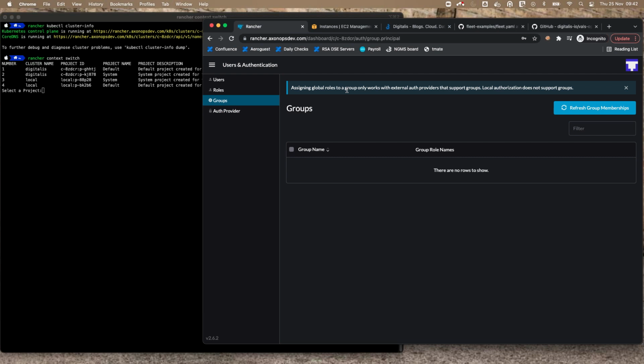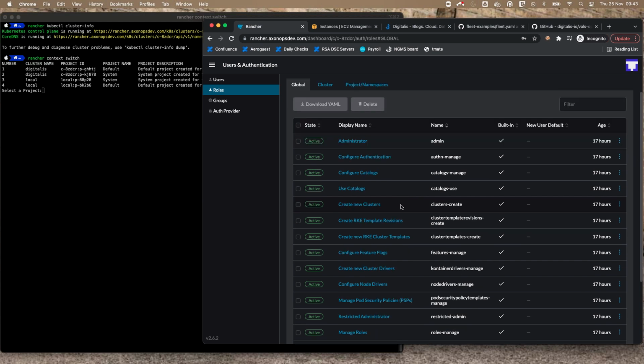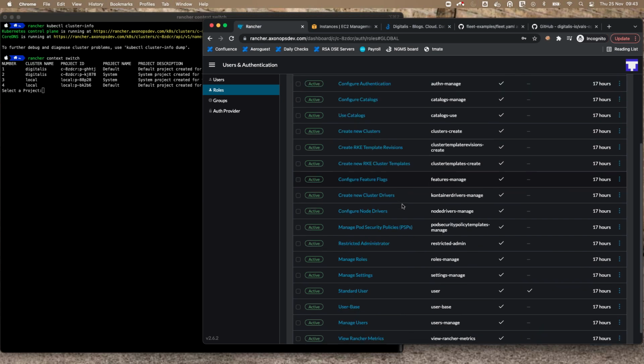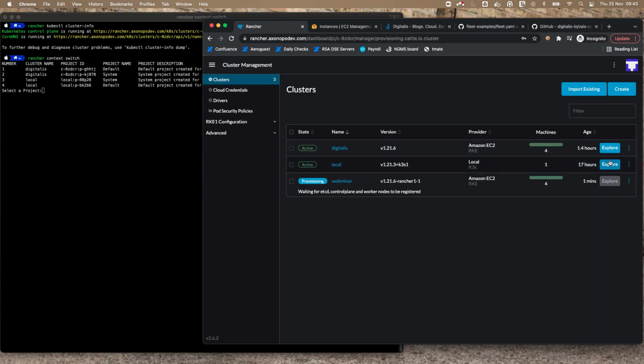Advanced options: by default it will install the Nginx ingress, which is quite handy, not having to do it afterwards. And also you can configure your backups to etcd. In this case, because the cluster is also on AWS, you can make the backups to S3, which is quite handy to get them in place remotely rather than local backups. I don't have it configured now, so I'm not going to be able to do it. Just click on create. Good.